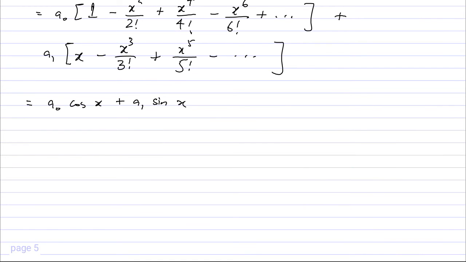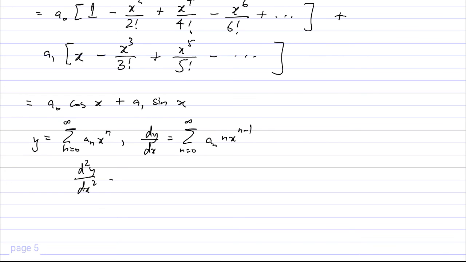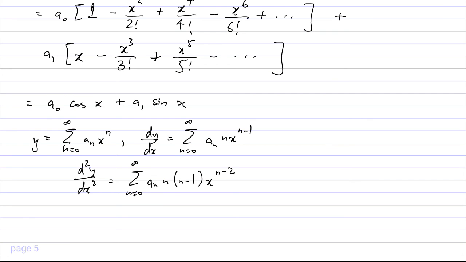Before going on, let me just be clear about some manipulation of the sum that we did before. You assumed y is equal to the sum from n equals 0 to infinity of a_n x raised to power n, and we worked out that dy by dx is equal to the sum from n equals 0 of a_n n x raised to power n minus 1, and then similarly the double derivative is given as the sum of a_n n (n minus 1) x raised to power n minus 2. Okay, fine. At this step you can already do the variable substitution,